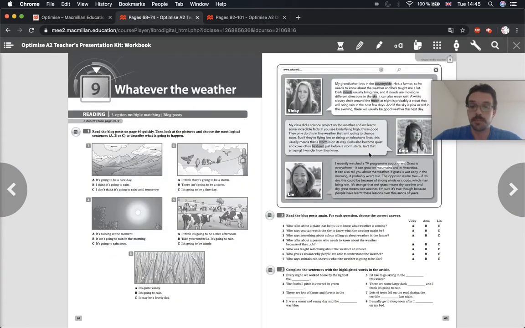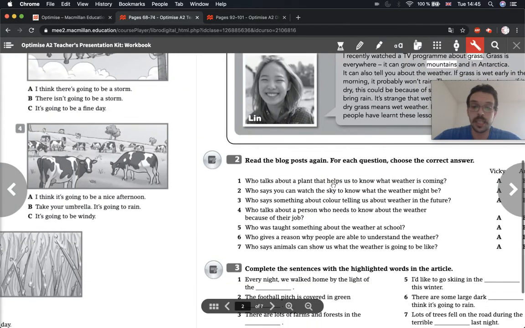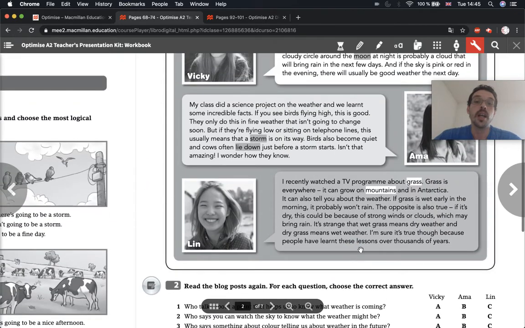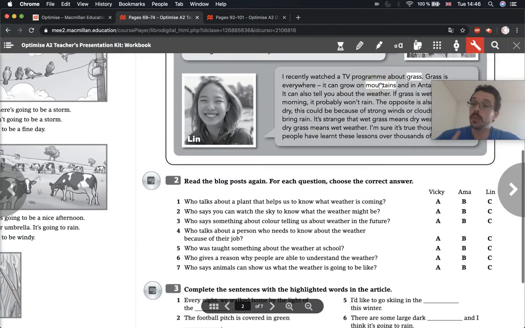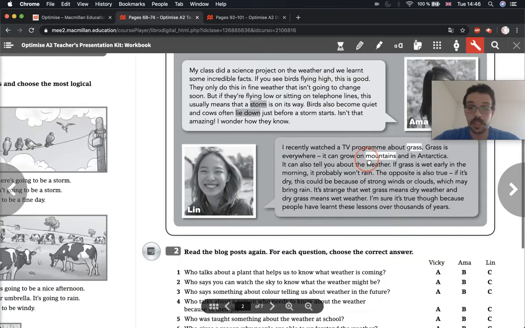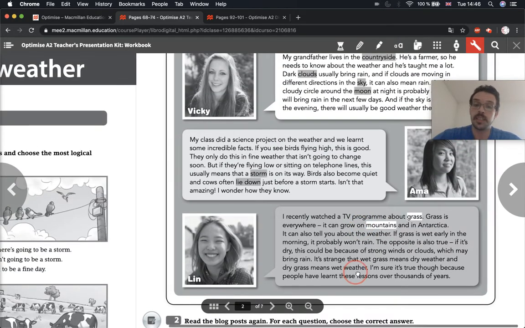Okay, so what I would like you to do now is the main exercise, right? Exercise 2. Okay, we have the 3 different blog posts, and then 7 questions, and you have to choose the correct person for each question, all right? So do this on your own. Now, I want you to do the same thing that we did in the pupils book. So in each question, highlight the main idea, and then find a similar idea in the text to find your answer, okay? Pause the video while you do the exercise.